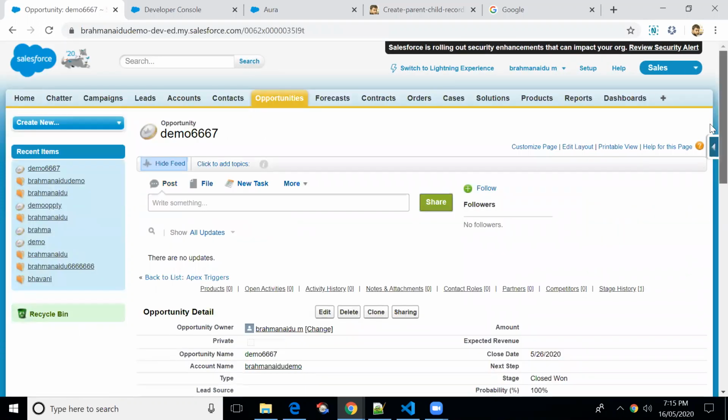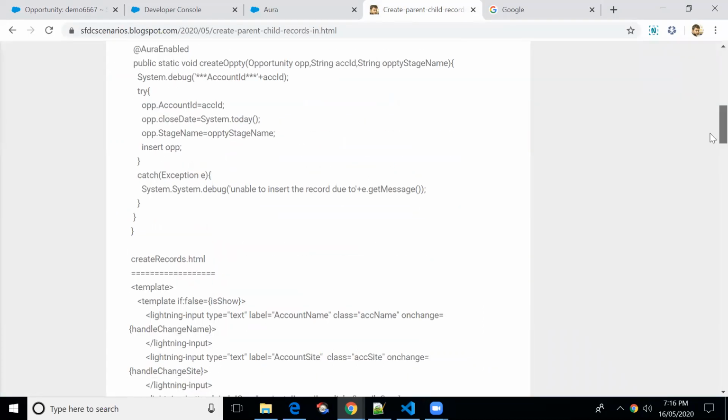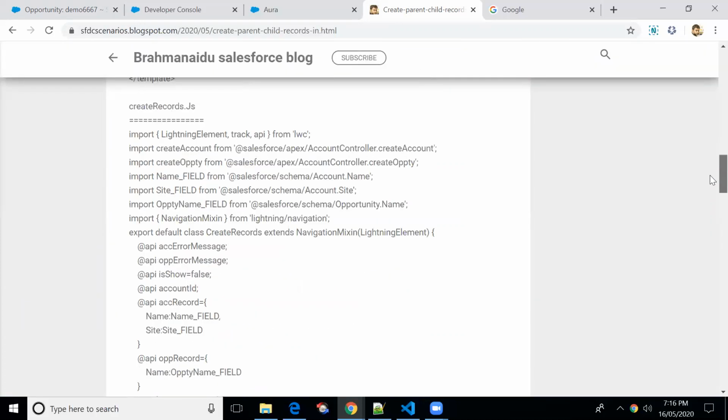Now we will try to add this page to the home page. Before that, whenever the user clicks on save in the second form, opportunity, we'll be navigating to the account detail page. For that, we have to import one property, NavigationMixin.